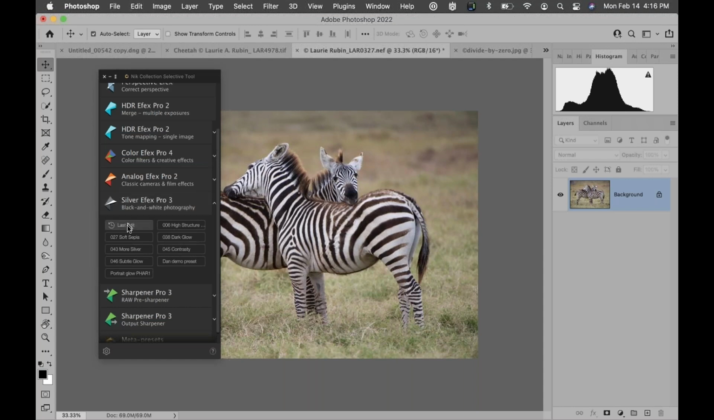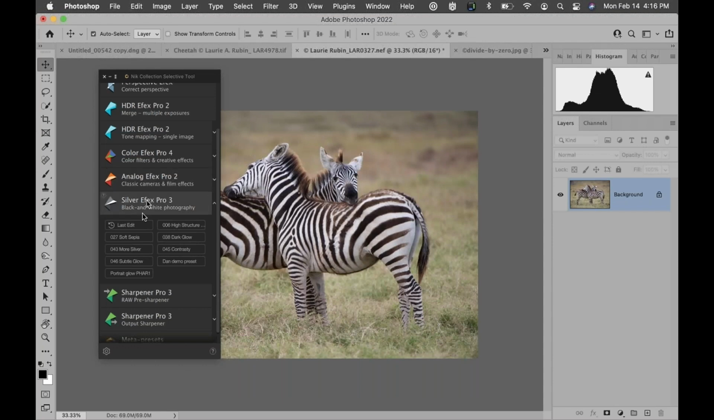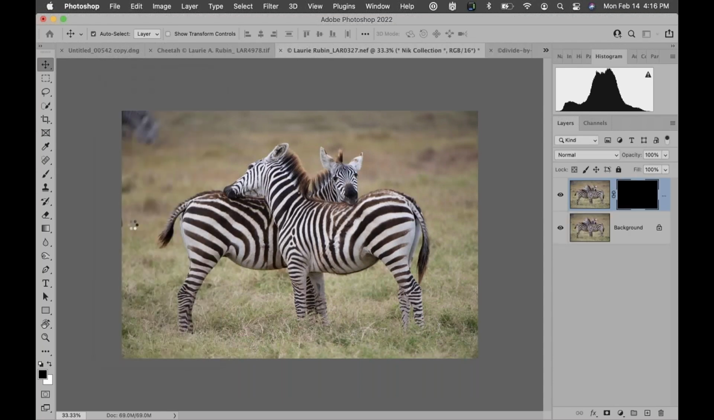But all of these settings underneath are some of my favorites, well, they're all of my favorited presets from Silver Efex Pro. As well as the last edit, right? And of course, the last edit was the preset and the adjustments I made on this image with Silver Efex Pro. So if I were to actually click on last edit, because of that preference that I just showed you,